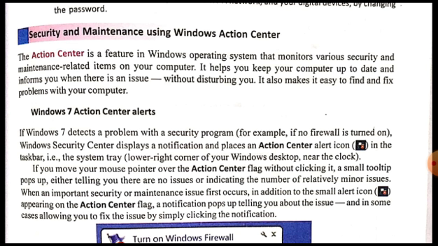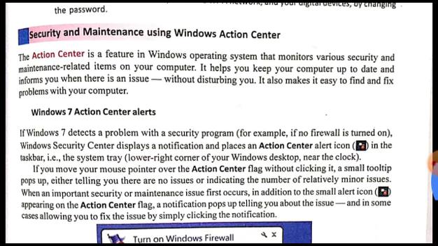As soon as it detects any security or maintenance related issue, it will issue an alert to the user. It will issue the alert in such a way that the user is not disturbed, and the normal functioning of any task or software which the user is running will not be stopped or interrupted. It will just display an alert, using which the user will be notified about the issue, and as soon as the user becomes free from his or her work, the user can take proper steps for addressing that issue and providing more security and maintenance to the computer system.